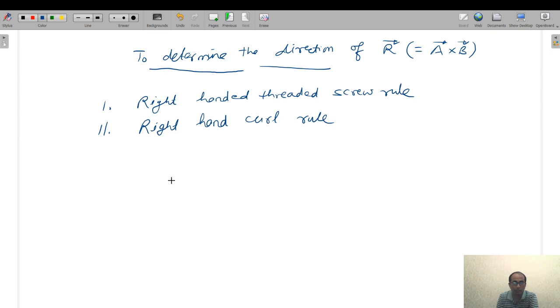Right-handed threaded screw rule, तो आपके पास कोई स्क्रू है, ठीक है, and this screw is right-handed threaded, ठीक है, तो ऐसा आपने एक स्क्रू देखा होगा। सो रूल क्या है? If you have these vectors, say A and B, then assume that at this point you put this thing, okay, the tip of this screw आप यहाँ पे पुट कीजिए, और उसके बाद A क्रॉस B है